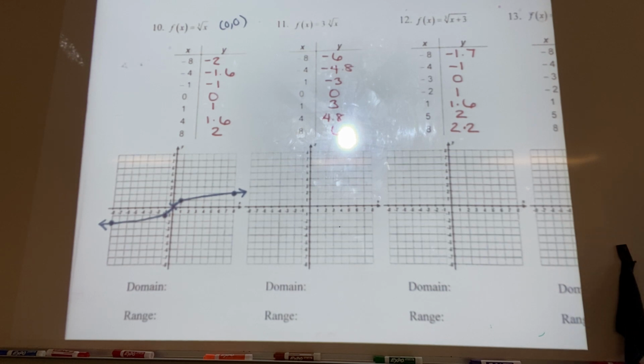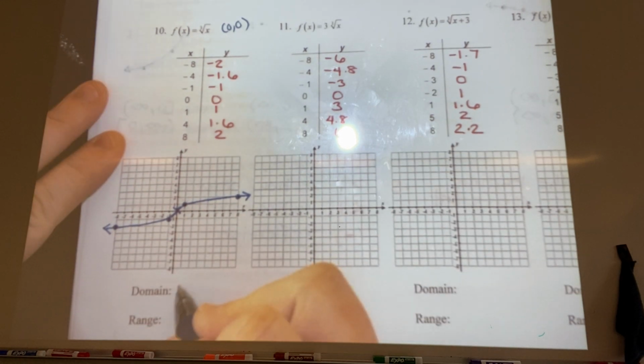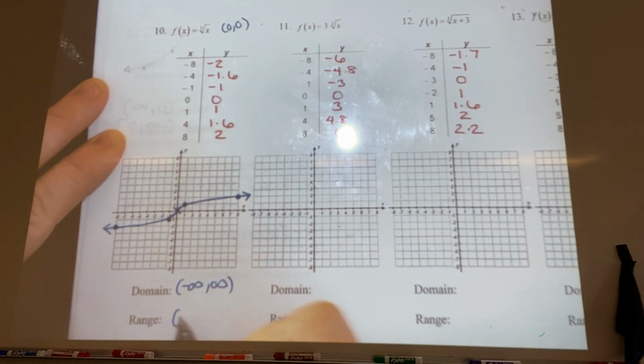Now the great thing about cube root functions is because they're going in opposite directions, the domain and the range